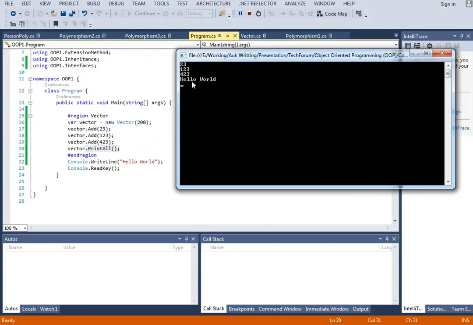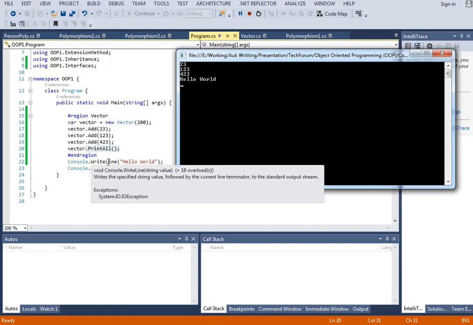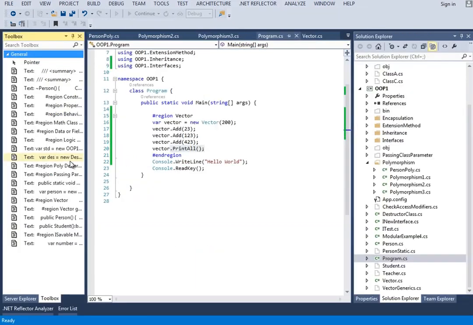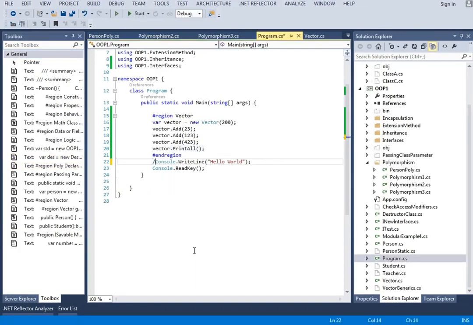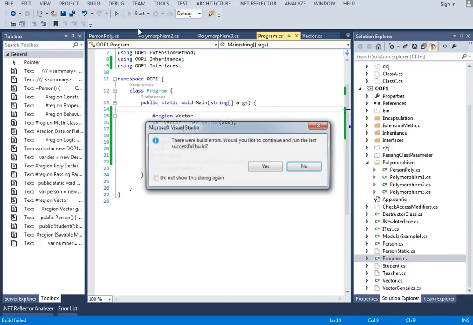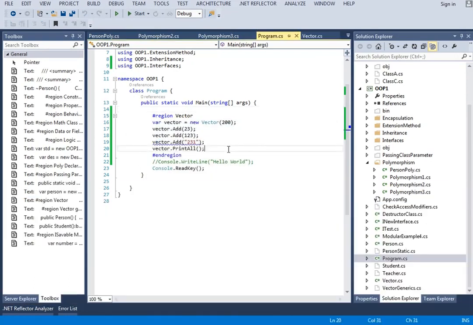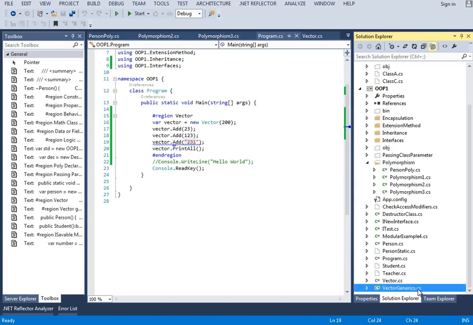23, 123, and hello world is the print statement. So let's minimize that. Print off. So the problem is you cannot add a string to this class. If you do that, you will have an error. To solve this problem, generics are introduced. So we have also a generic class for this vector type, and